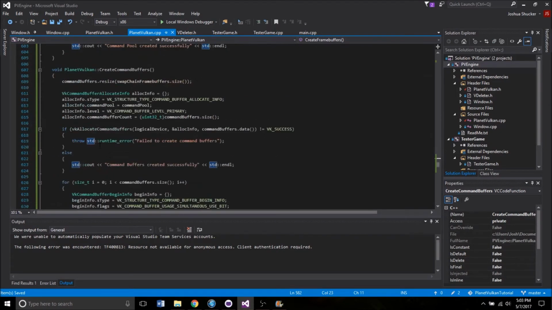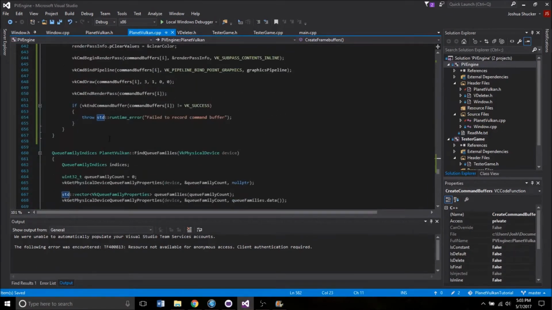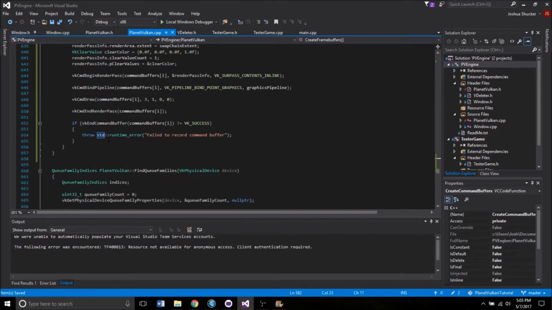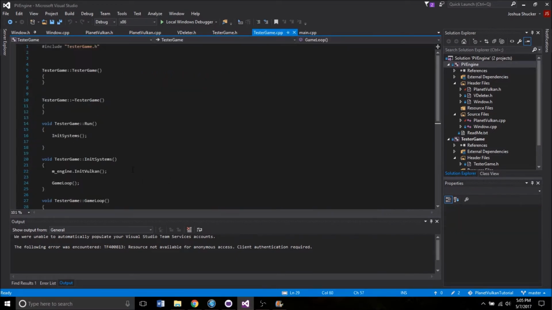Okay, good. That looks like all of them now. So that should be everything for our command buffer. So now it is time to finally draw something. This is going to get a little weird though, because if you remember, I have the game loop running over